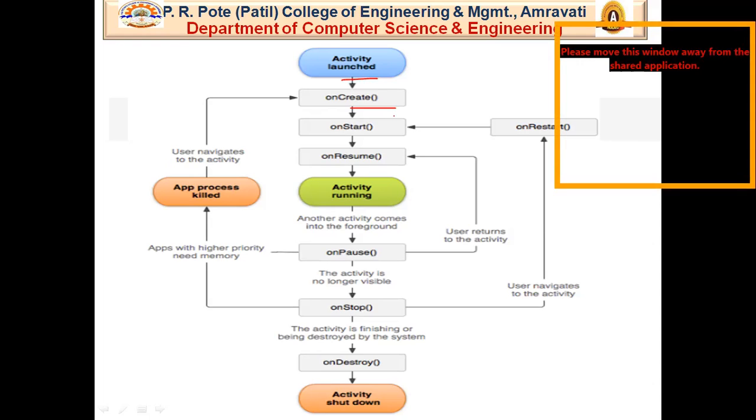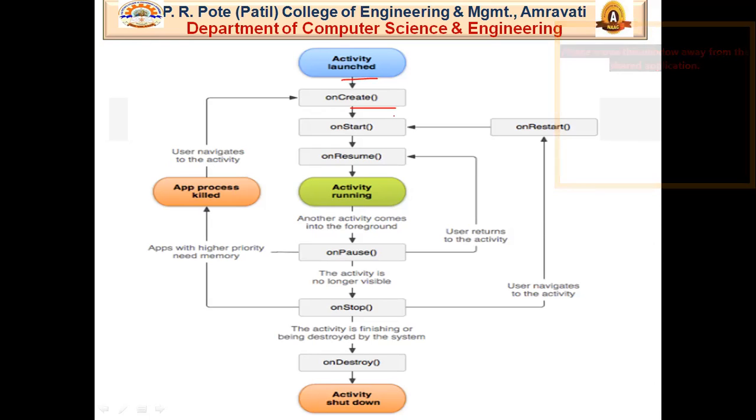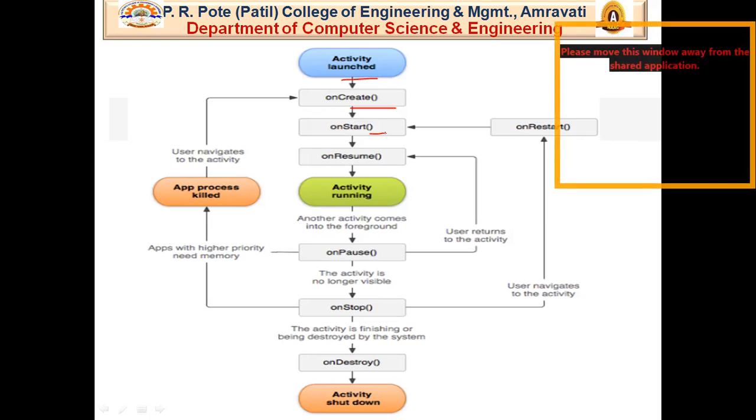So let's have a look and see how the flow runs and how we go from one method to another. After the onCreate method, the flow automatically redirects itself to the onStart method. Now onStart is the method where we do operations, such as opening some databases, things like that, done in the onStart method.